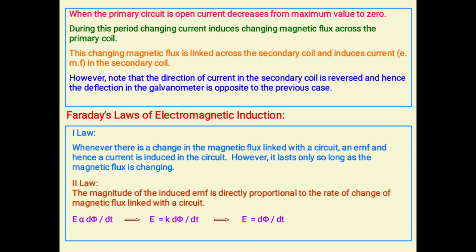d phi is a change in flux, and if flux changes from phi 1 to phi 2 in time t, this EMF can be given as E equals (phi 2 minus phi 1) divided by t. And Lenz's law, this law was given by Lenz, and it says something about the relationship between the EMF induced and the cause which produces the EMF.